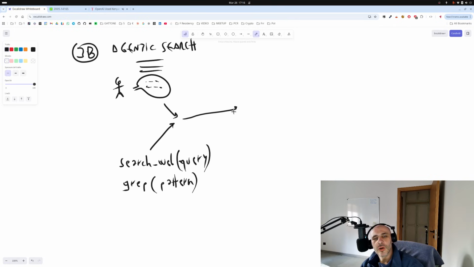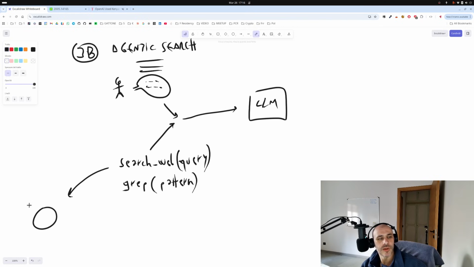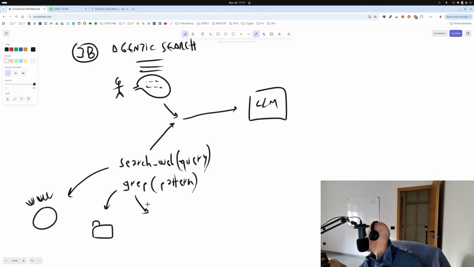And so when the model would use any of these tools, then these tools wrap the actual search on the web with a search engine, or in the file system, or for example, if it's a PDF. If you go grep, you go into the file system or directly into files, other tools, whatever. You understand the point.